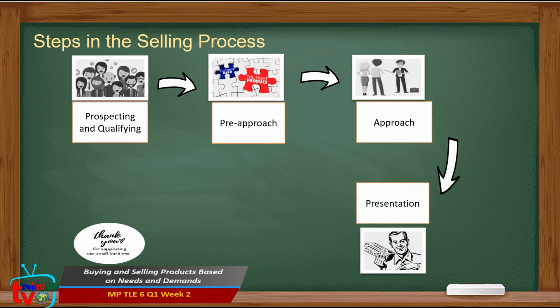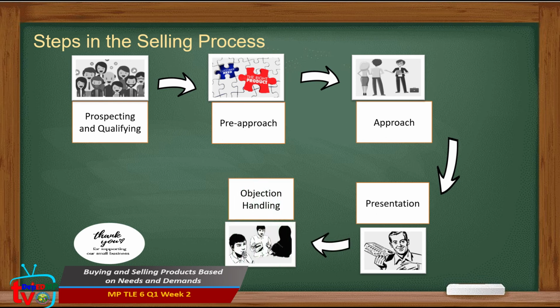Next is presentation. This is presenting your product to your buyers. You can do this through giving demonstration, free taste, distributing samples and flyers, and advertisements. It can also be done by giving discounts or price off like a buy one take one offer. Another strategy is offering 50% discount on selected items or products to prospect customers.